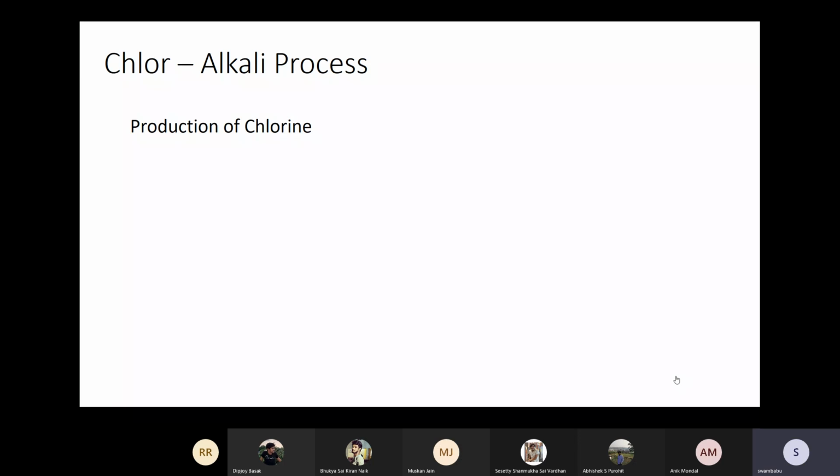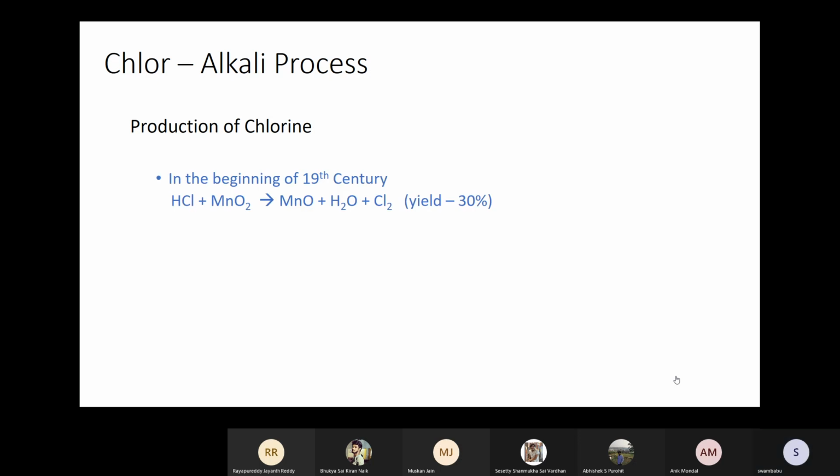So in the after mid 19th century, the chloralkali process is the popular one to produce chlorine and sodium hydroxide. Before this chloralkali process, to produce chlorine in the beginning of the 19th century,